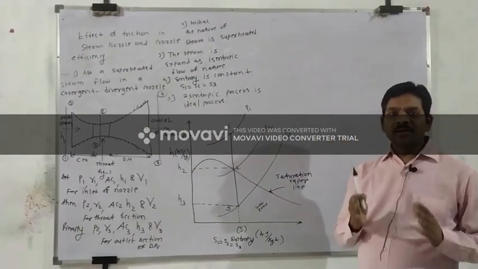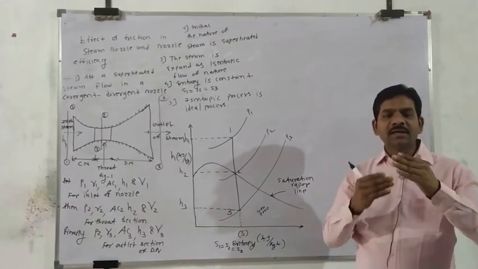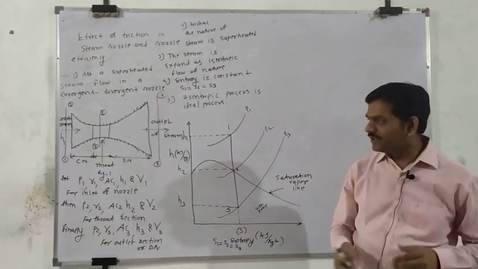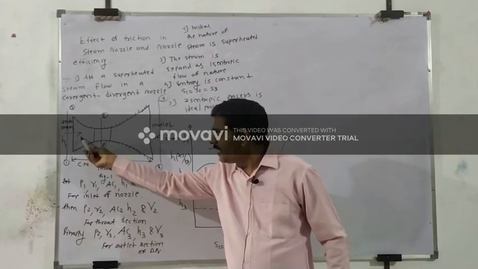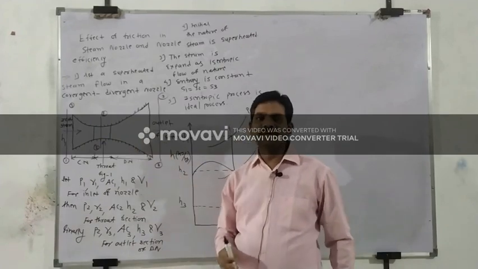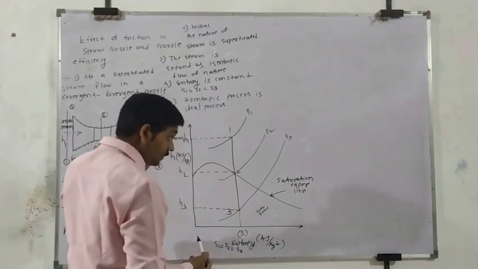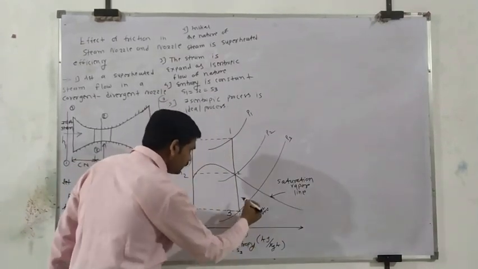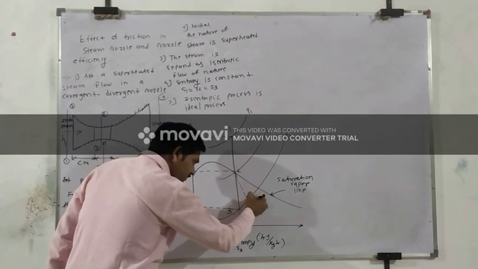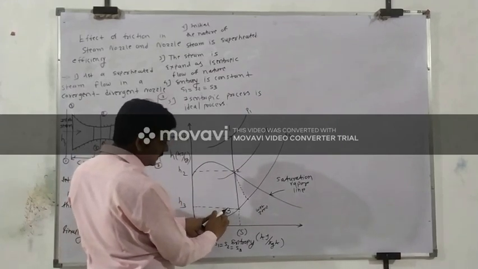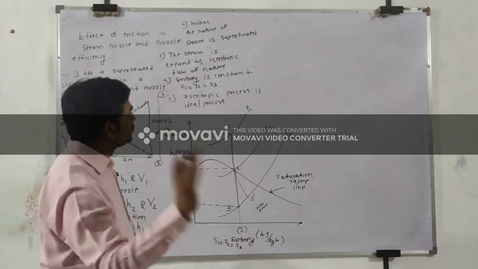And this is real. Whenever the steam is passing through the nozzle, there is an actual process. Actual process means the friction of the steam with the nozzle. The steam makes contact with the interior wall of the nozzle, and there is friction between the steam and the nozzle. So what type of curve do we have to obtain here? We have to get the curve in such a way that this is our isentropic point, and this point is shifted here to 3 dash, that is the actual point.